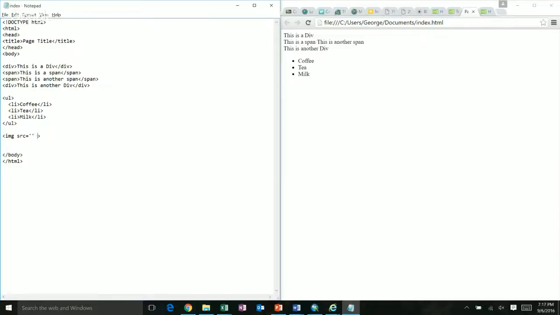And then image tags don't have to be closed. They just need a slash at the end, which closes them, okay, because an image stands alone. All right, so here what I'm saying is this is an image. What's the source? Well, this is the source. The source is where that image is located. The image has to already be on the internet in order for it to work, okay? So